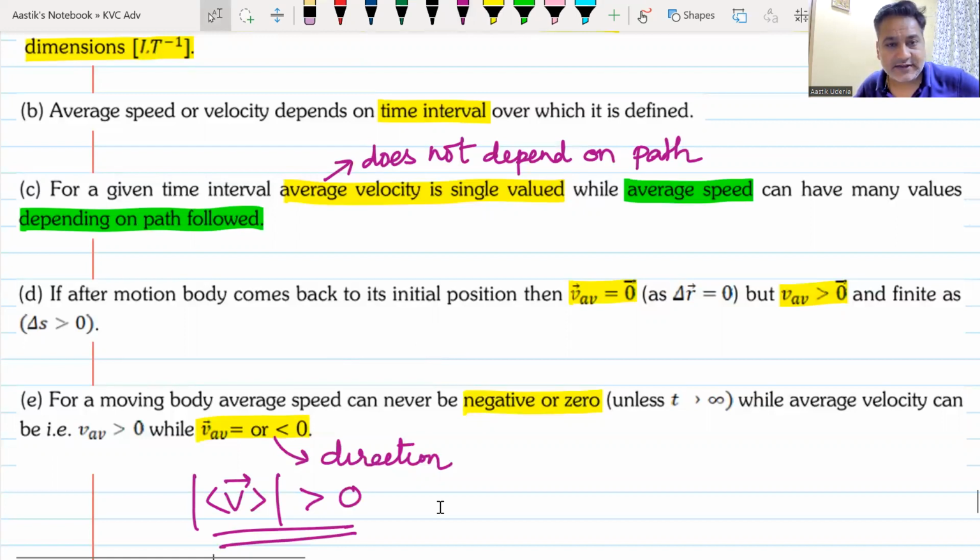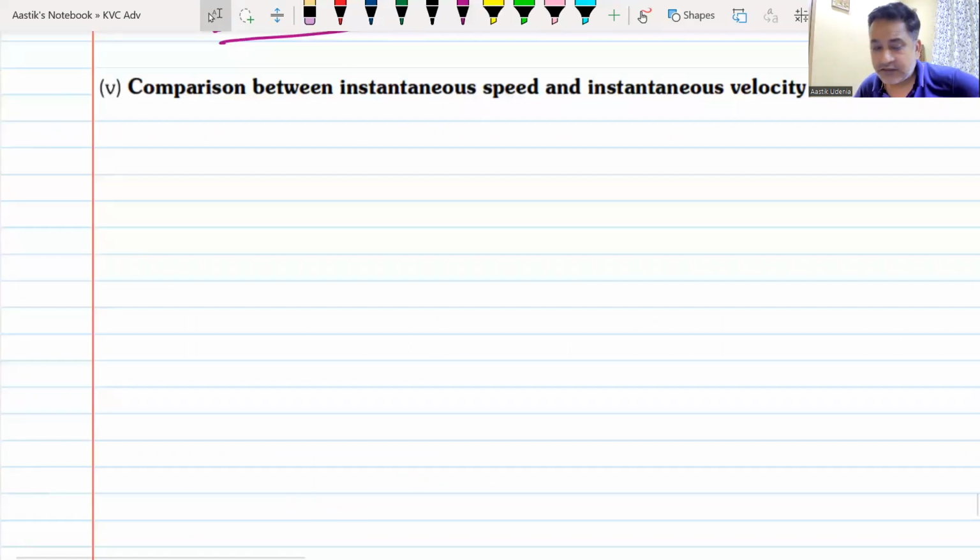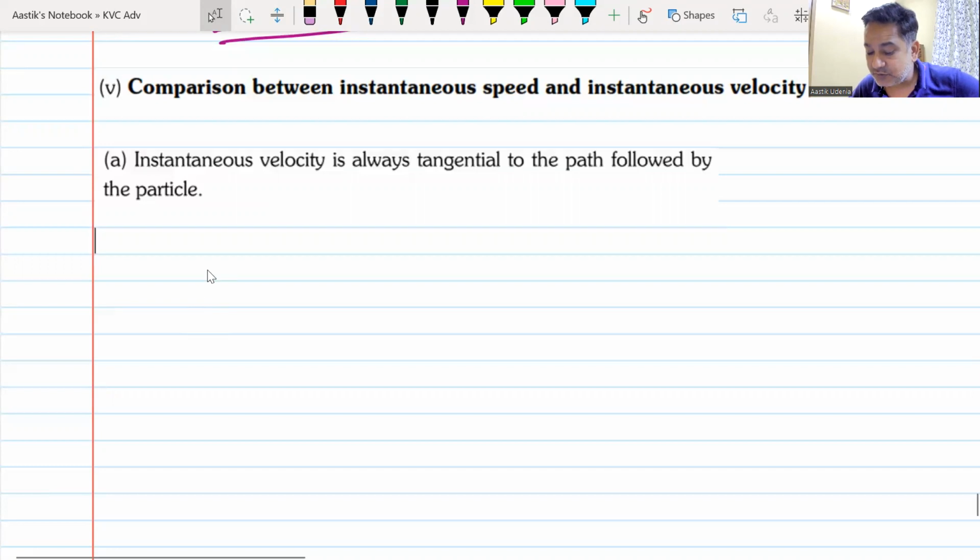And the next thing is trying to understand between instantaneous speed and instantaneous velocity. We have already discussed that. Comparison between instantaneous speed and instantaneous velocity. Then the first point is this. Remember, instantaneous velocity is instantaneous speed with direction. Yes or no? Yes, sir. Now, when you talk about the direction of instantaneous velocity, and this is a very important point, the